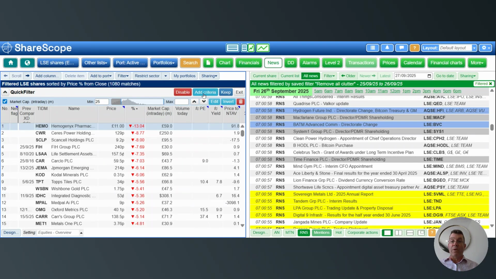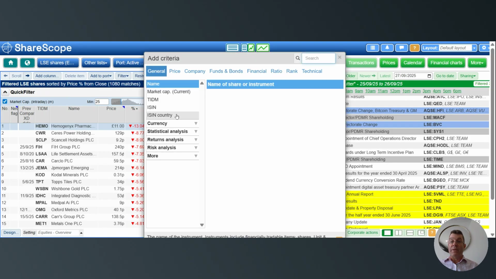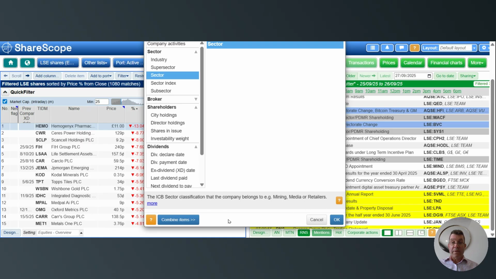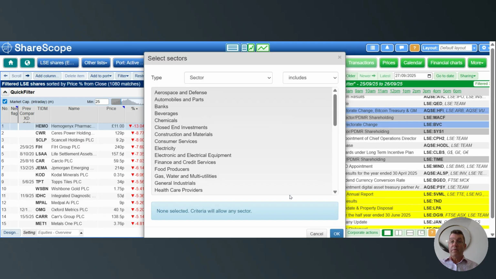You can also add any other criteria to this you want. So add criteria. Maybe we don't want particular sectors. Well, we can add all that in later. Company, here you are, sector. And then I'll go down. Now, which sectors don't I want? So sector exclude